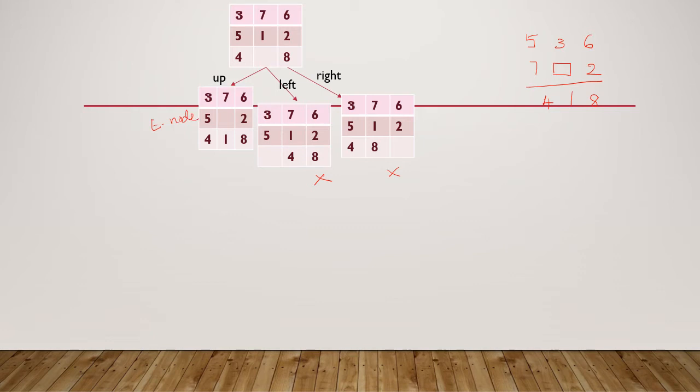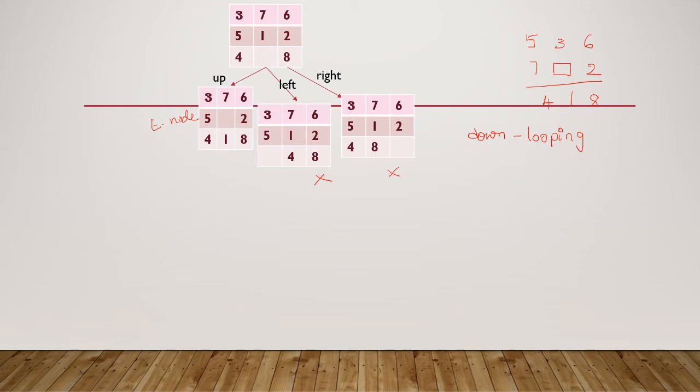What are the possibilities if I want to expand? Here my blank tile is in the middle. So I can move all the 4 adjacent tiles into this empty slot. But if I move the down tile into the empty slot, I will reach the previous state only, which will be considered a looping state. So I will not take this move. It results in a looping state, so we will not take this particular move as an operator.